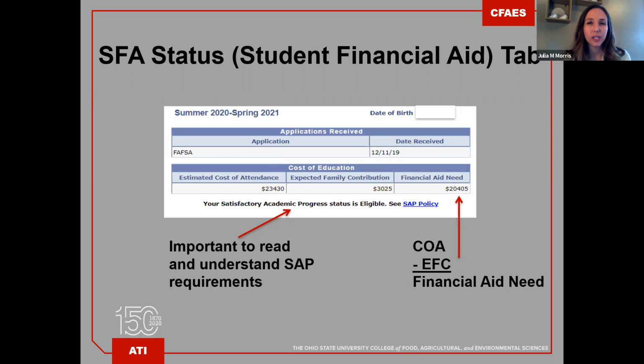Satisfactory academic progress policy, that I have another arrow pointing to. It's definitely important to make sure you understand what the SAP policy is, but essentially, to be eligible for future financial aid, like your second year in college and so on, you have to be meeting the requirements with SAP. There's 3 areas: cumulative GPA, completion rate, and maximum time frame. So I'm not going to go into a lot of detail in this presentation on SAP. I covered a little bit more when it comes to orientation time.